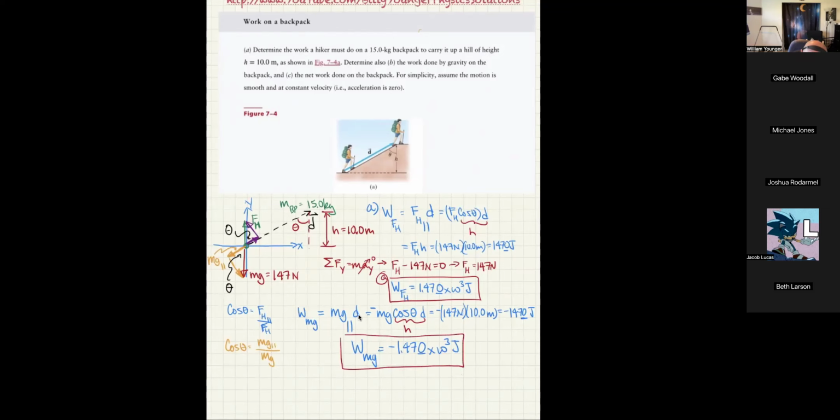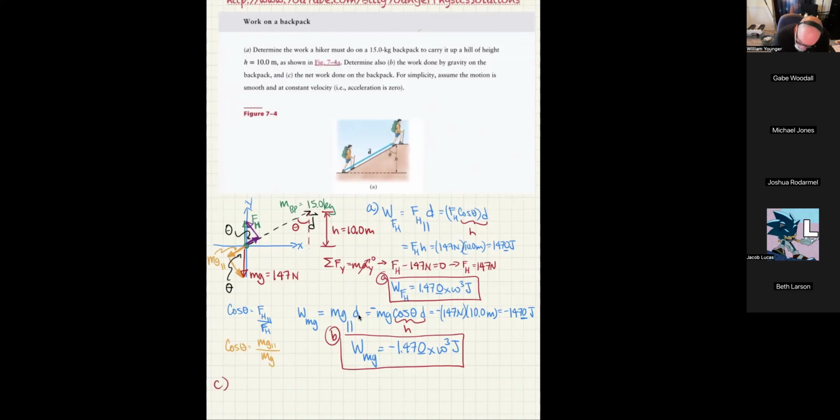And that, of course, is part B. For part C, they want to know the net work done on the backpack. So we have the only forces acting are FH and mg. So really the net work is just the work done by FH plus the work done by mg, which is obviously going to be zero. So for part C,